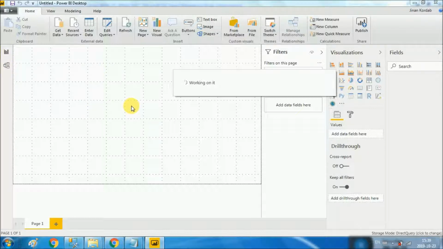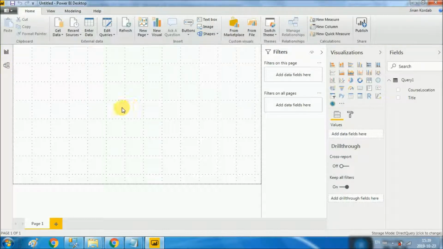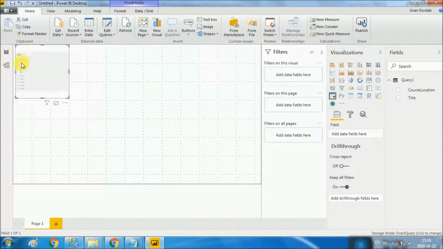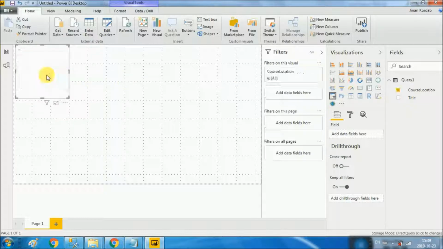We can join them manually. So for this I'm going to use the slicer. The slicer should show us information in a list view, and I'm going to drag course location from the fields on the right side to the slicer,